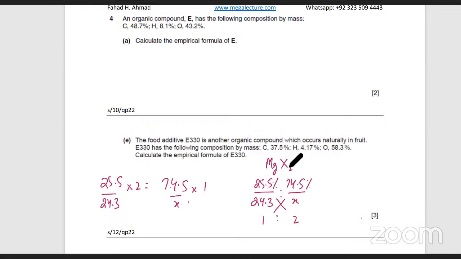Yes, sir. 35.5 आ रहा है. ठीक है, लेकिन आइडिया क्लियर है